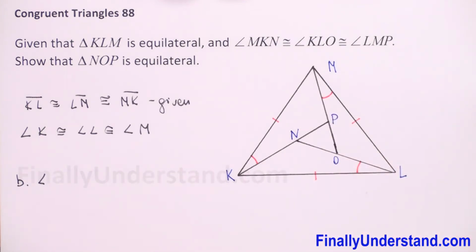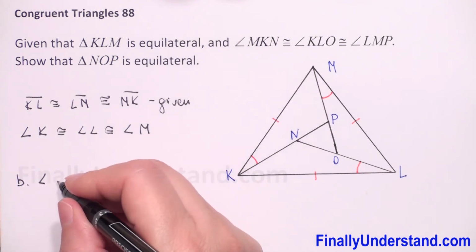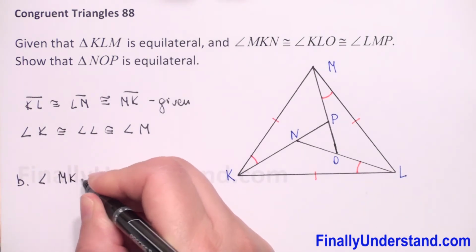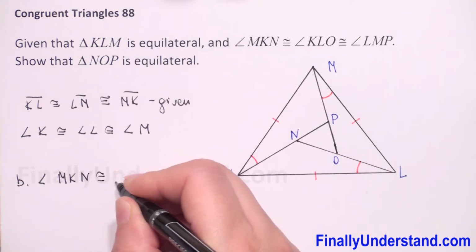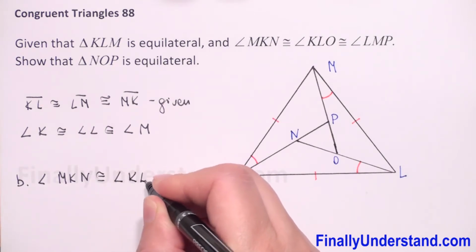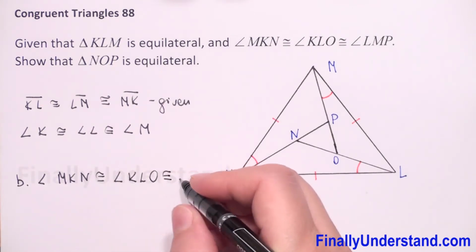So, because we are given that angle MKN is congruent to angle KLO and is congruent to angle LMP,